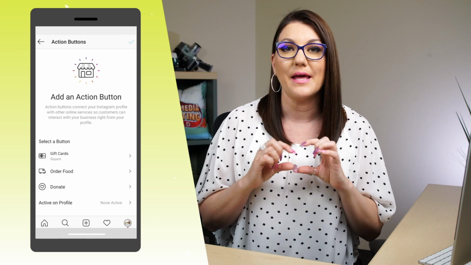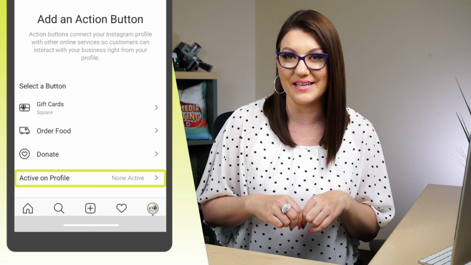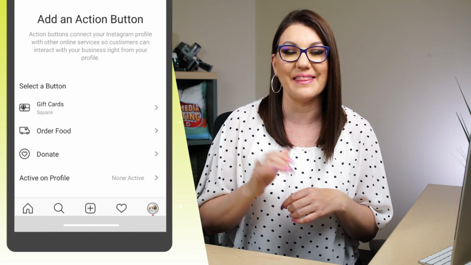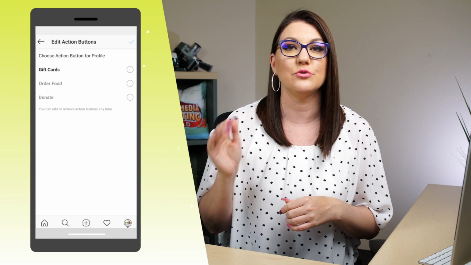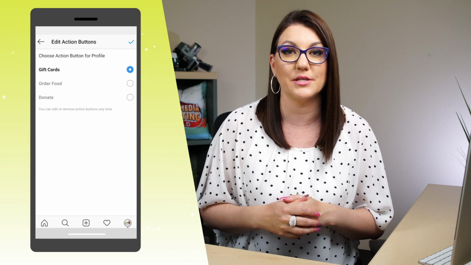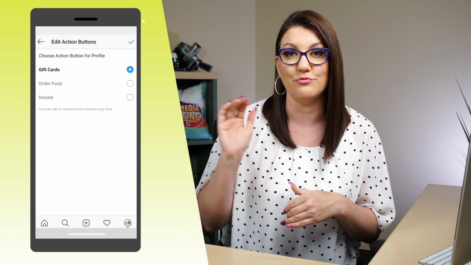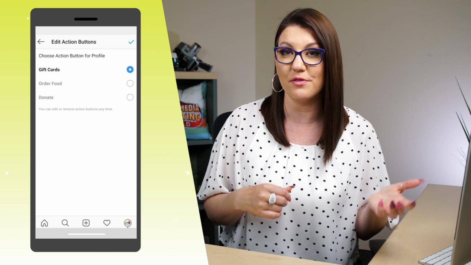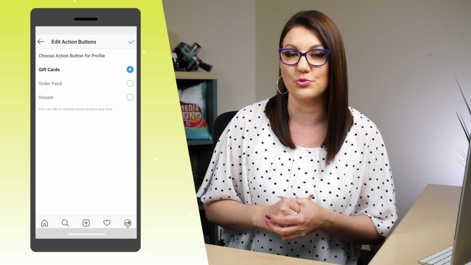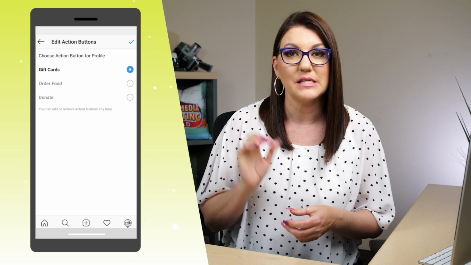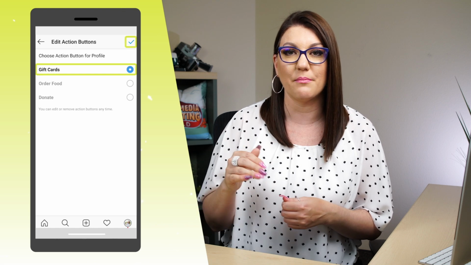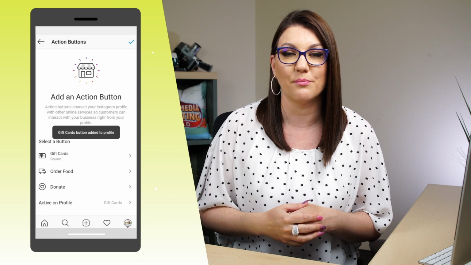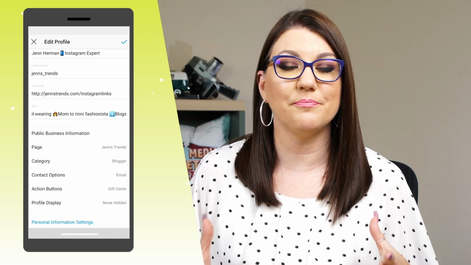You'll notice at the bottom, there is an option for Buttons Active on your profile. You're going to select that option. When you tap on that, you can choose which of those various action buttons you want to enable on your profile. If you don't select one of those, even though you've set up the partner URL, the action button won't actually appear on your profile. Select the button you want, tap the check mark, save your changes back through Edit Profile, and there you go. The action button is helpful because it lives on your profile at all times, which means anybody can make use of it at any time, not just when it's active in your story.